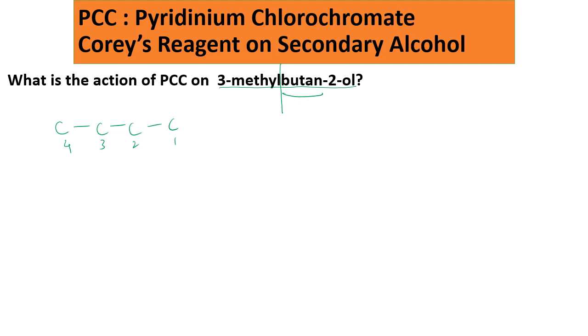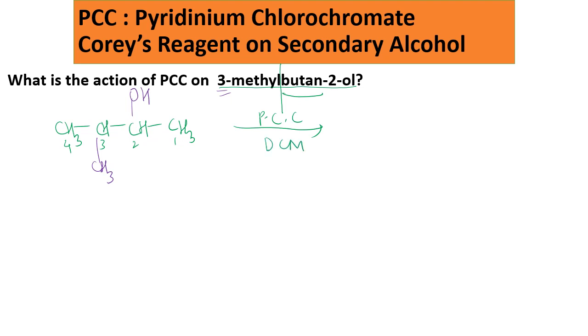Butane, 4 carbon, and on the second carbon I am supposed to put OH. And on the third carbon I am putting CH3. This is how we get the structure. We just balance it by putting the corresponding number of hydrogens as per requirement: 3 hydrogens here, 1 H here, another H here, and this last carbon gets 3 hydrogens. So this is 3-methylbutan-2-ol, and we are supposed to carry out the oxidation, that is pyridinium chlorochromate and